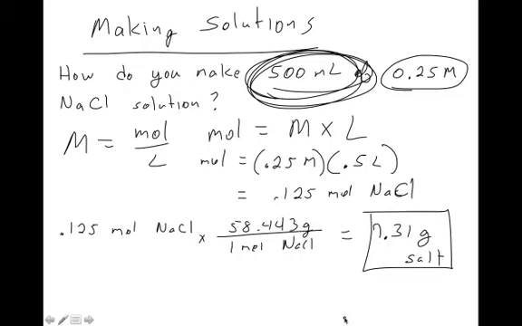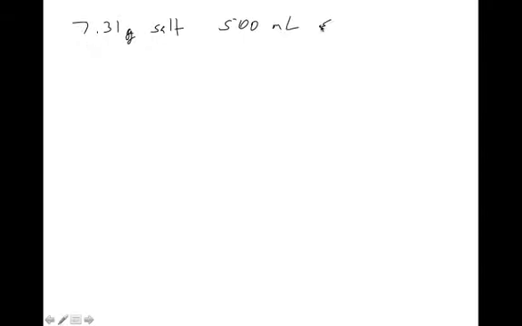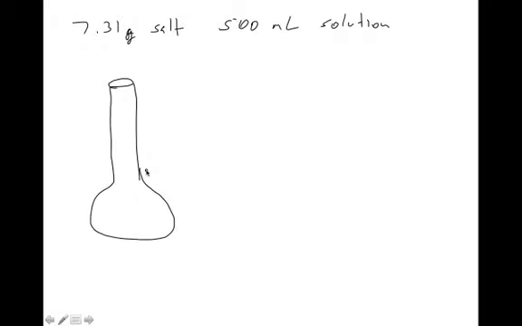So we just need to actually make it now. Make that solution, and we'll have the solution that we need. So we're going to have 7.31 grams of salt, and we're making a 500 milliliter solution. What we're going to do is take a volumetric flask, if I can draw a volumetric flask. If you remember, the volumetric flask has a long stem and then a round flask at the bottom. Somewhere on this stem is a mark, and that's the only mark on this flask. We're going to take a 500 milliliter flask. There are other flasks as well, but this one's going to be 500 milliliters because we're making 500 milliliters of